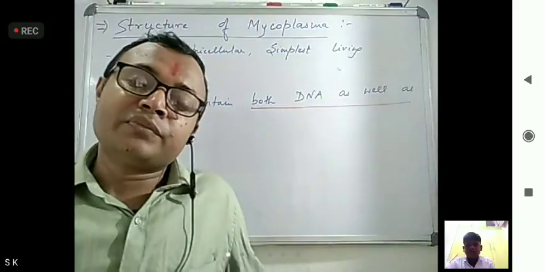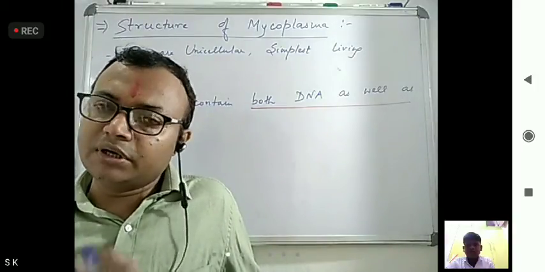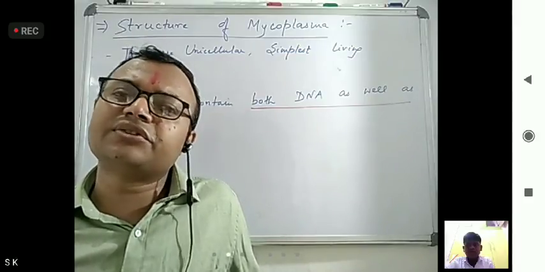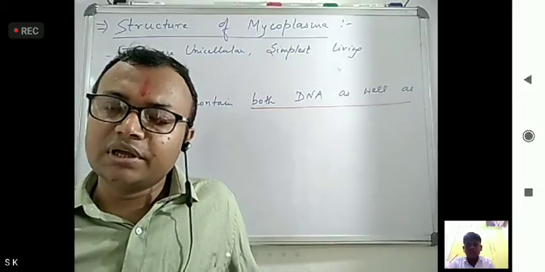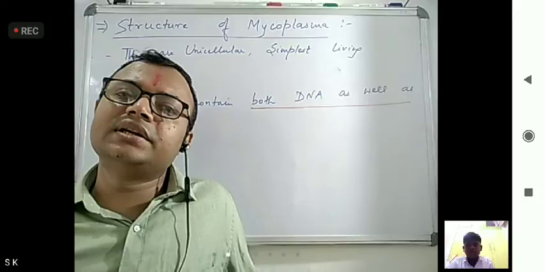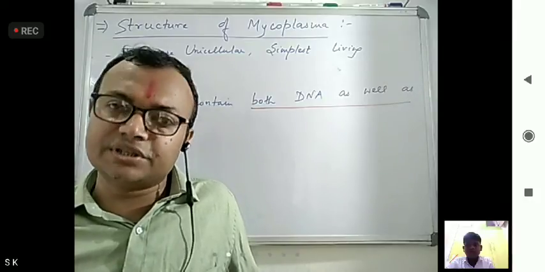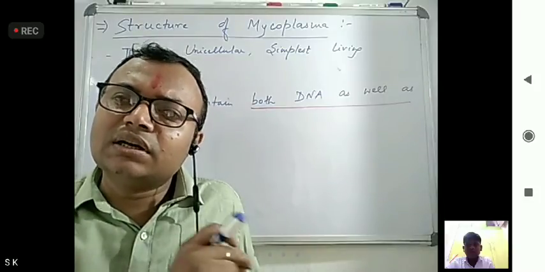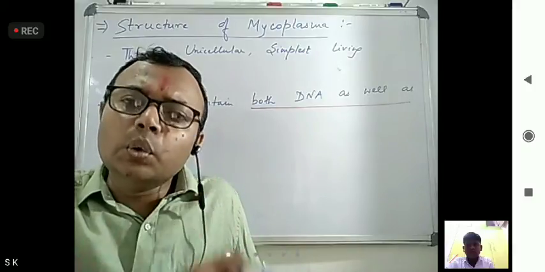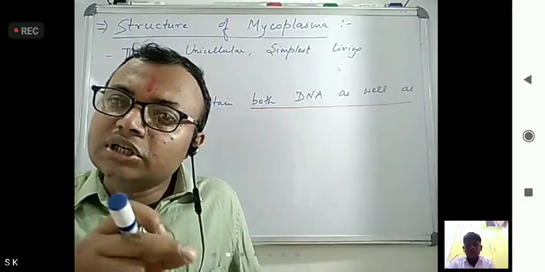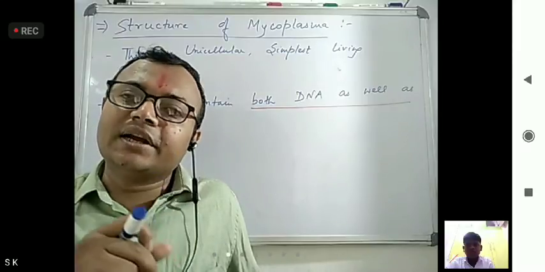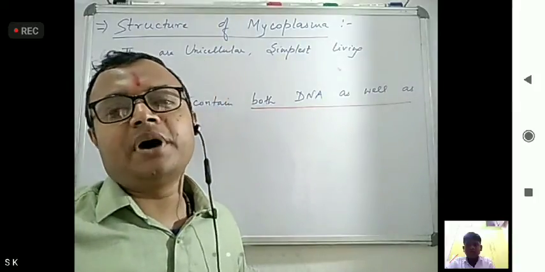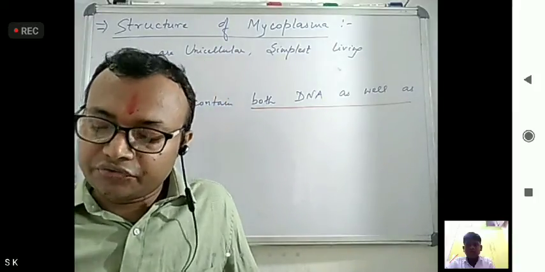Okay, now this mycoplasma, one question asked in AIIMS, that mycoplasma is the smallest, simplest free living cell organism. Okay, but still it is considered as bacteria due to the reason. Why is it told that it is known as bacteria? It is not directly told that it is bacteria. It is considered as bacteria. Why it told? Because this mycoplasma can pass through bacteriological filter.